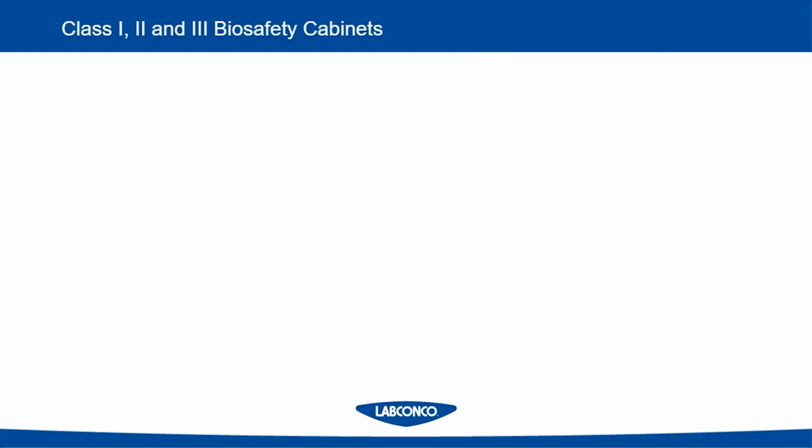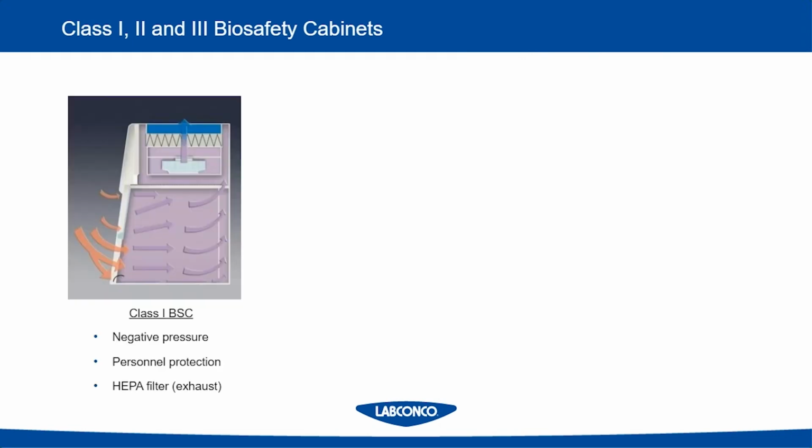As far as biosafety cabinet classes, there are three main classes of BSCs. The first class would be a Class I biosafety cabinet. This is a negative pressure enclosure whereby airflow is drawn in the front of the cabinet, pulled across whatever you're working with, whatever samples you might have, and then passed through a HEPA filter before entering back into the